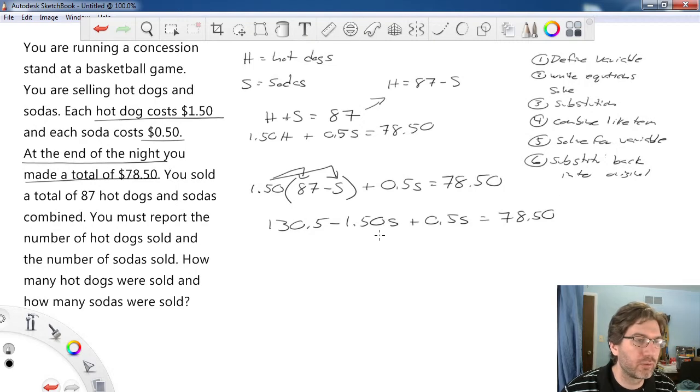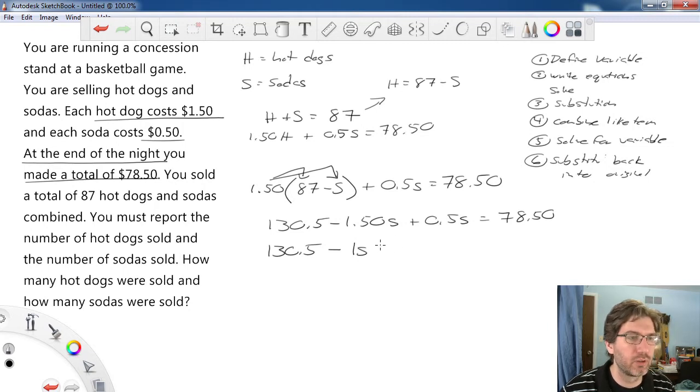Then you are going to combine like terms. So 130.5 is not a like term. This is a negative 1.50, so a negative 1.50 plus 0.5 is going to actually subtract that, so that's going to be negative 1 S,